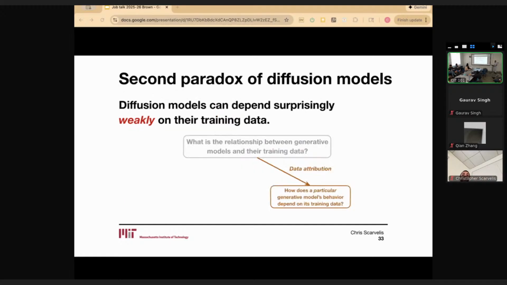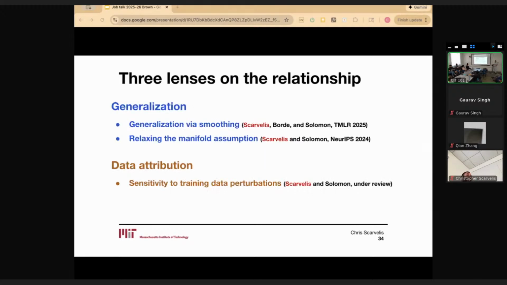This second paradox illustrates the importance of data attribution because it shows how weakly a diffusion model can depend on its training data, more weakly than we'd expect for an optimal model, and more weakly, I'd argue, than our intuitions would suggest. So now that we're on the same page, we're ready to see how diffusion models depend on their